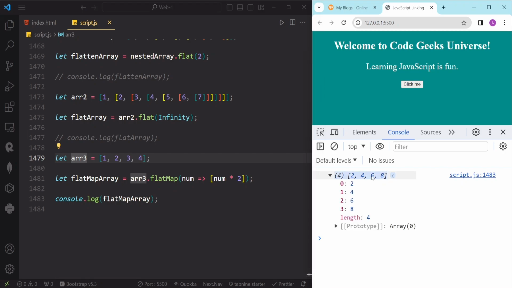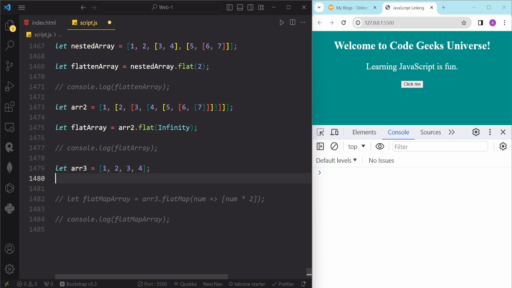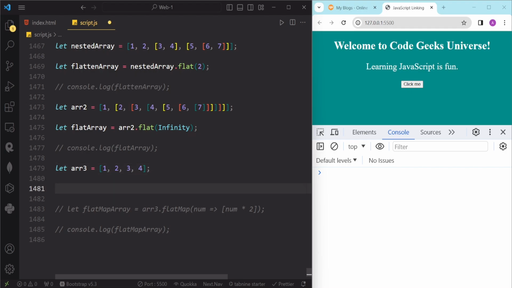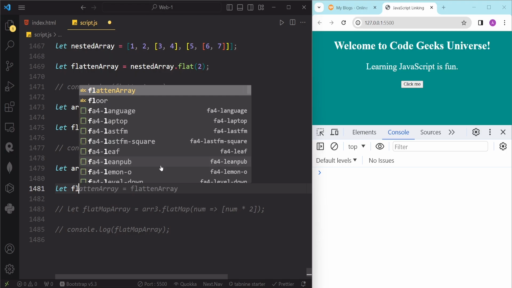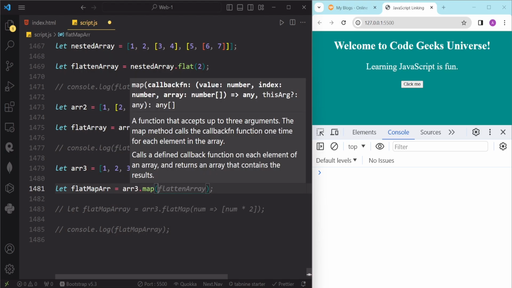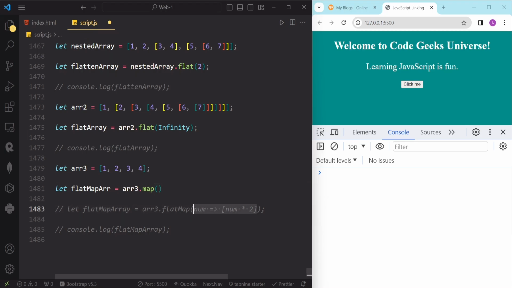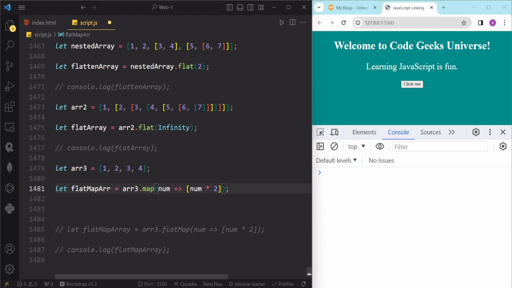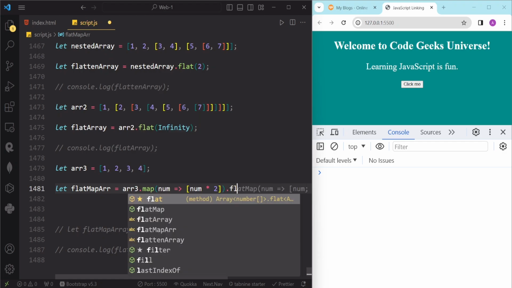The flatMap method is equivalent to calling the map method followed by the flat method, but it's more efficient and concise. For example, the same result can be achieved by doing this. Like if first we use our map method and we write let flatMapArray is equal to array3 dot map. And now if we pass this function again, and after doing this, if we attach a flat method, and